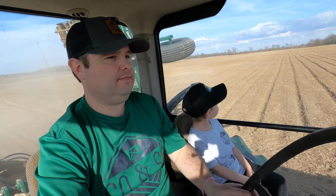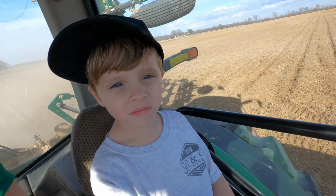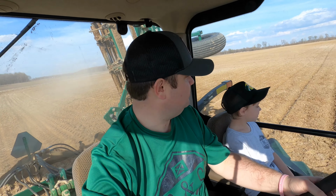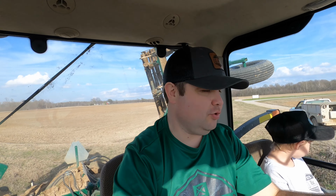Coop is content. Cooper. If you let him ride in the tractor all day, every day, he would do just that. For those that don't know, Cooper is on the autism spectrum. He is nonverbal, but he's learning to talk, so I guess it doesn't really make him nonverbal. This is March 13th. In 2 days, Cooper has his 6th birthday, and